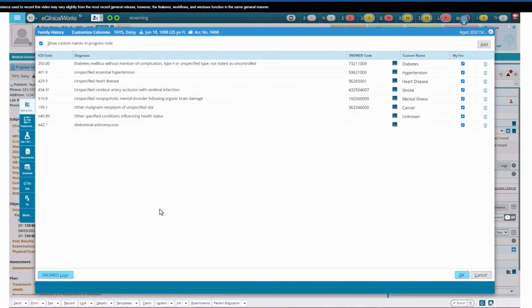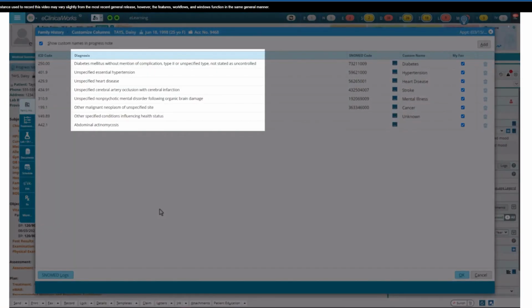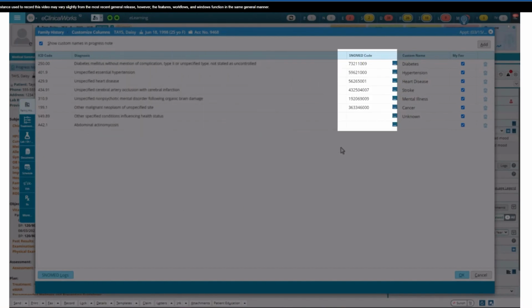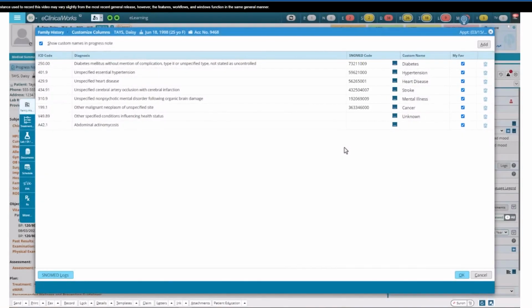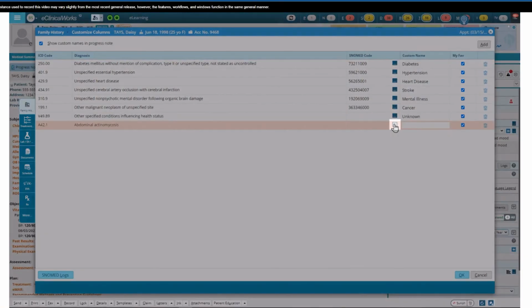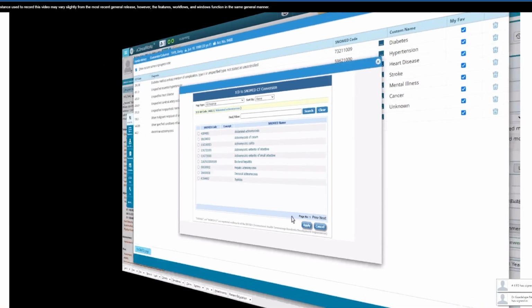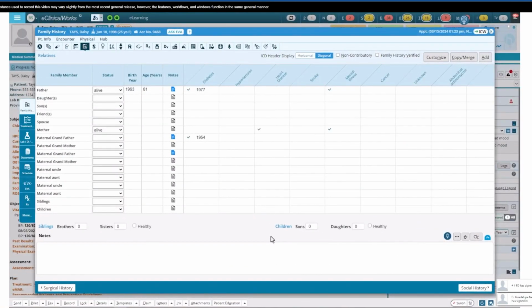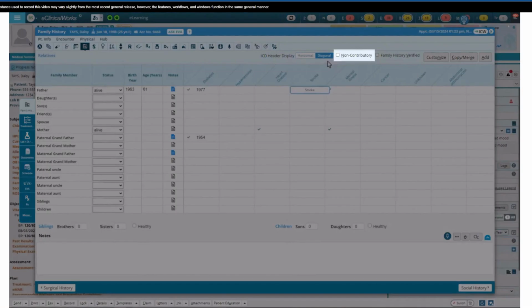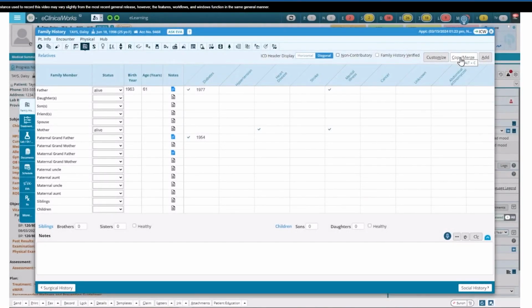This will show any of the medical conditions present under the family history, and we can then see the SNOMED codes. To associate a SNOMED code, select the ellipses, then search the appropriate code. If the medical history does not pertain to this encounter, or maybe the patient doesn't know the history, we can select the non-contributory checkbox. The Copy and Merge button can only be used to copy family history from another patient